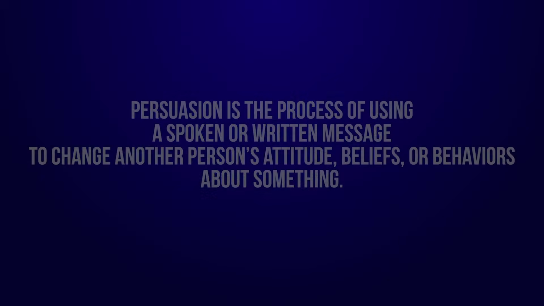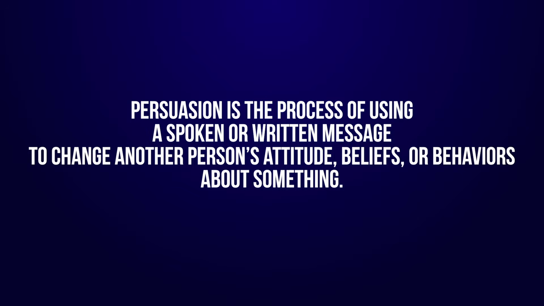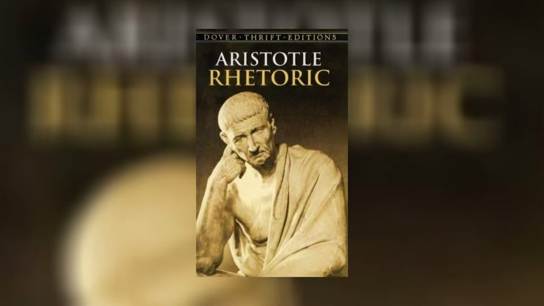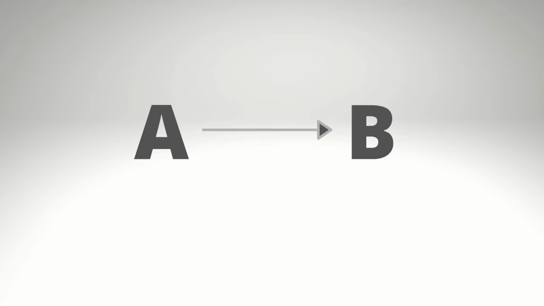If I boiled it down, a basic definition of persuasion is the process of using spoken or written messages to change another person's attitude, beliefs, or behaviors about something. In the field of communication, the study of persuasion goes back 2,500 years to Aristotle, and even before him. He wrote an entire book on it called Rhetoric. This traditional approach studies how we craft our arguments and support our position with hard evidence, sound reasoning, and demonstrate our credibility and engage listeners' emotions to bring their views from where they are now, point A, to the speaker's